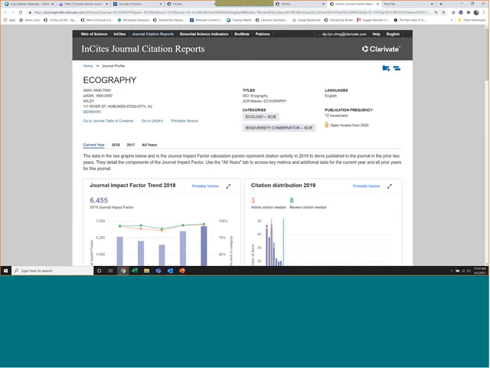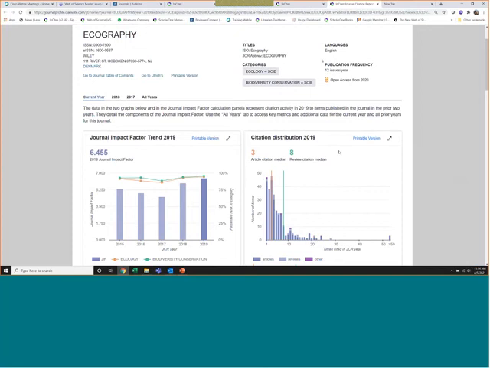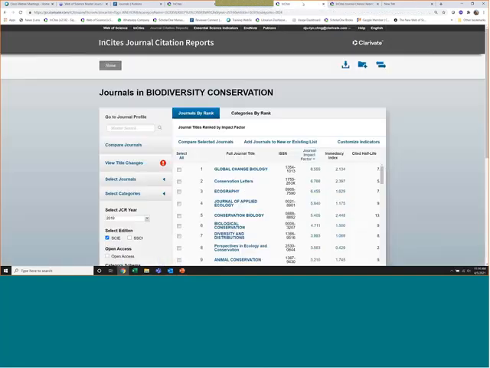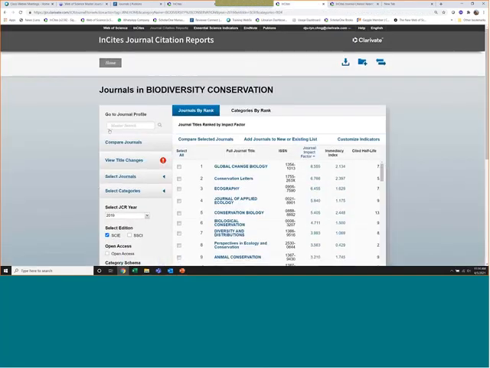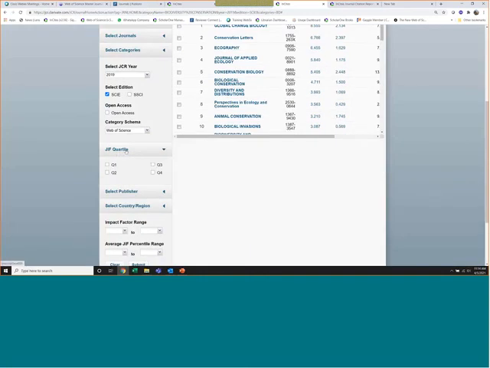We will indicate the publication frequency, whether it's open access or not, and also the impact factor trend over 5 years. If you're keen to see specific quartiles, Q1, Q2, Q3, and Q4, on the left-hand side there is a filter called JIF quartile.